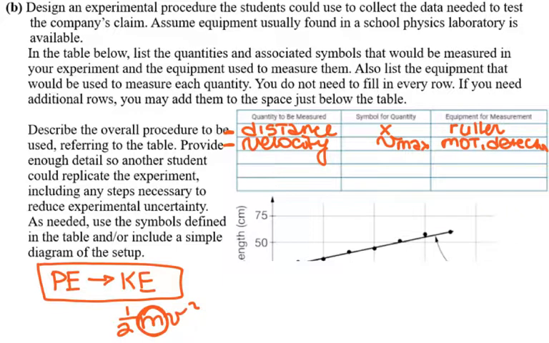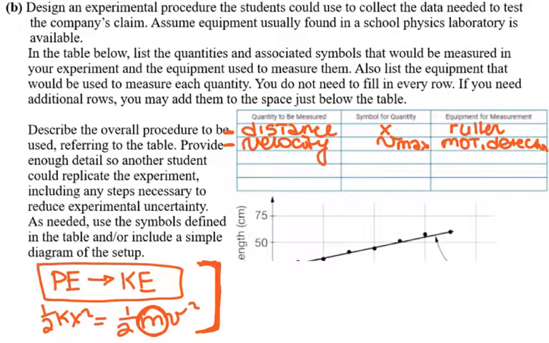So you need 1/2 kx squared and 1/2 mv squared. So you need x and you need v to calculate that. That is one of the ways. And the other way you could do this, and we could mention this also in part A, so you could do this method, conservation of energy,